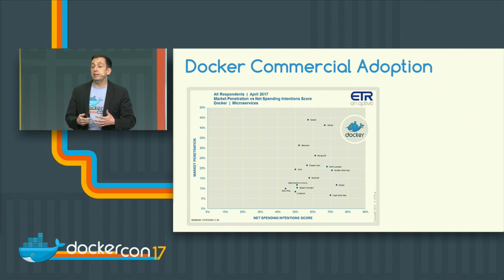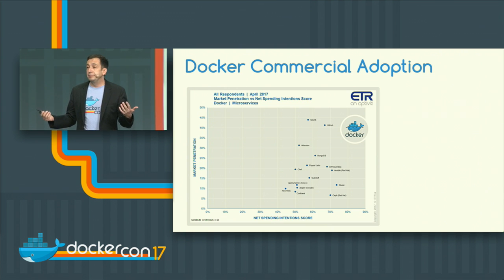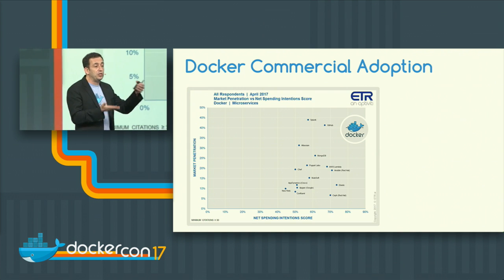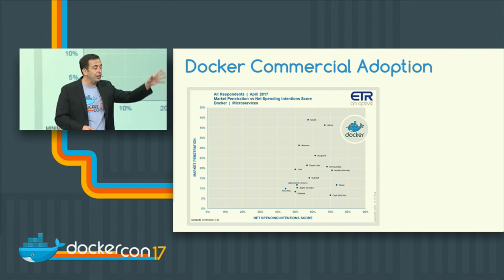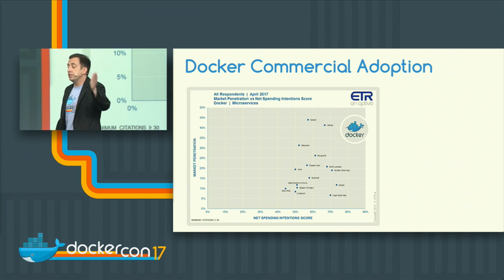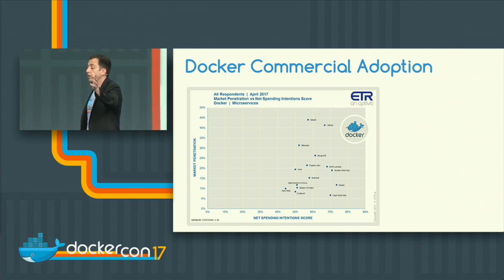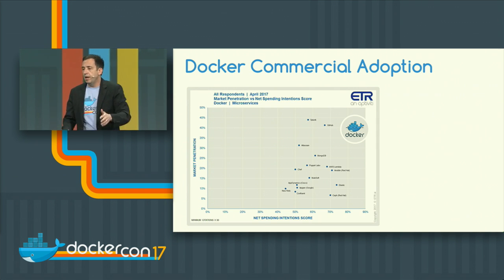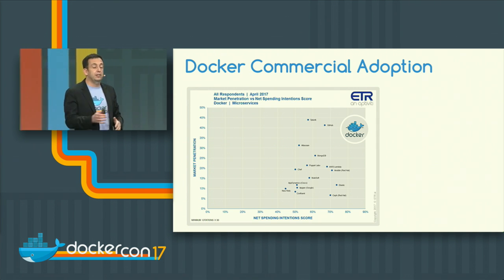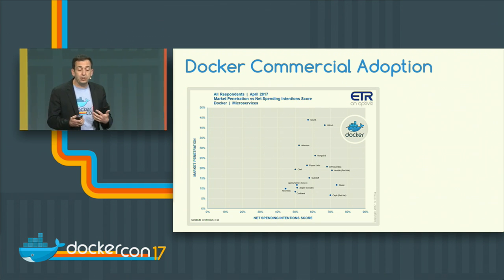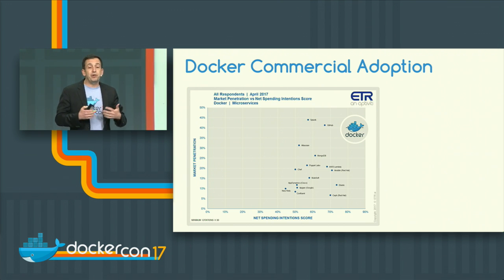And they called us up and they said, Docker, you guys are off the charts. And we said, well, what does that mean? And they said, well, we take these results, we're data scientists, and we chart the results. And just to explain how they chart it, on the vertical axis, they chart what percentage of the CIOs and decision makers they speak to are adopting or going to adopt a particular technology or a particular vendor's technology. And then on the horizontal axis, they represent whether they're likely to increase, decrease, or stay about stable in terms of their spending. And so obviously, it's great to be in the upper right-hand corner,